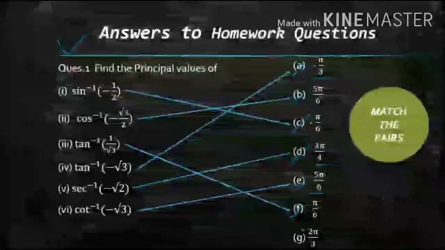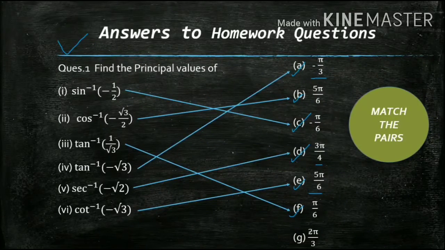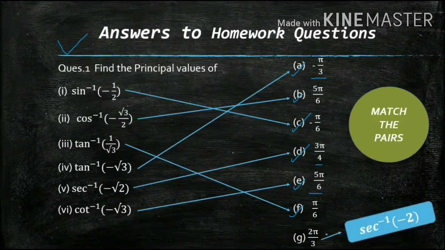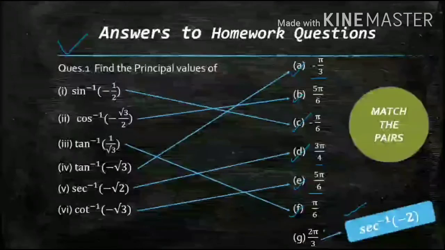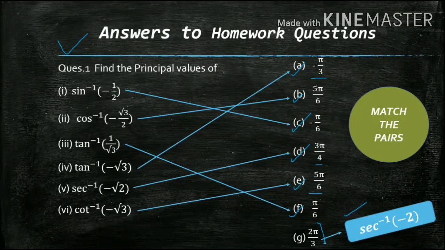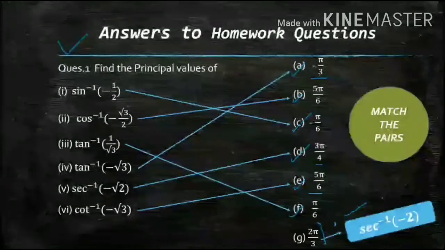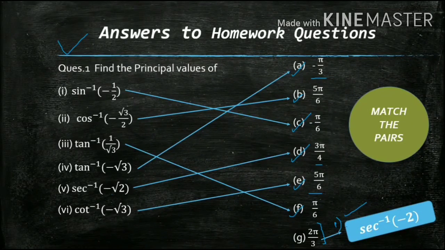So this is the left out pair. Also I gave you the homework: whichever would be the left out pair, you need to find the inverse trigonometric function at some value. Could you find that? Let me tell you one. If you find sec inverse of minus 2, then you would get the value 2 pi by 3. There may be some other inverse trigonometric function at which value you would also get 2 pi by 3, but this is just one. This is not unique. There can be more such functions available.